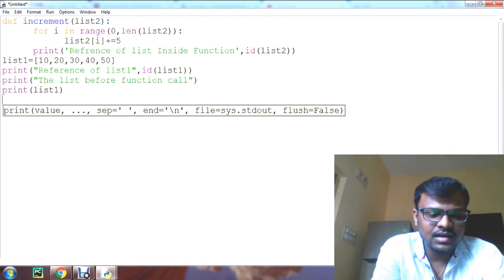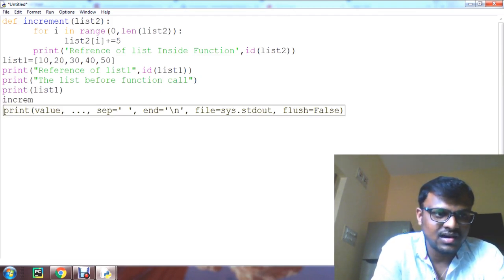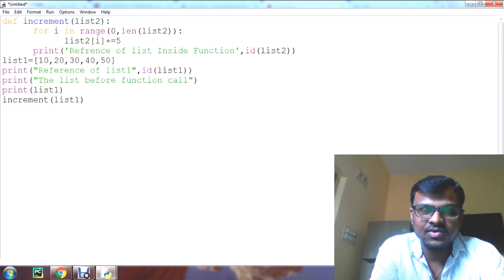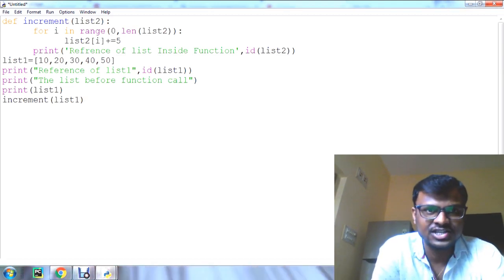After that, I should use the function call, increment of list1, sorry, list1 as the argument now. Here what happened is list1 is passed as a parameter to the function.